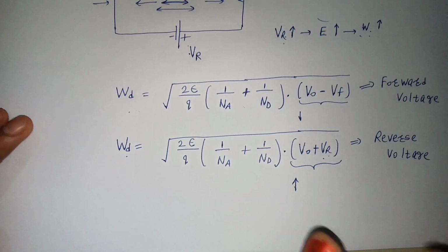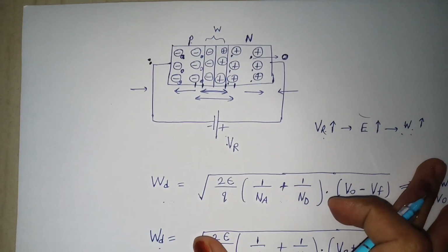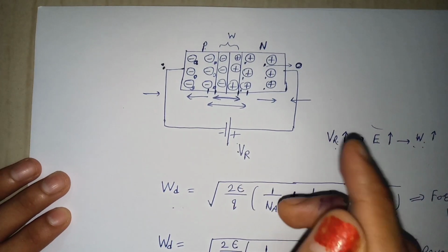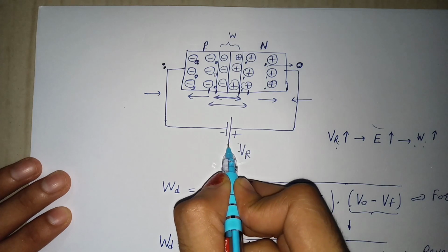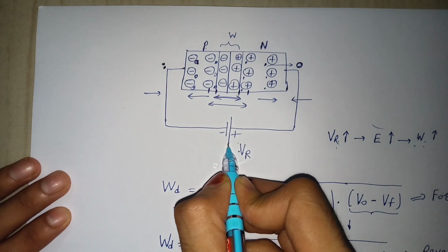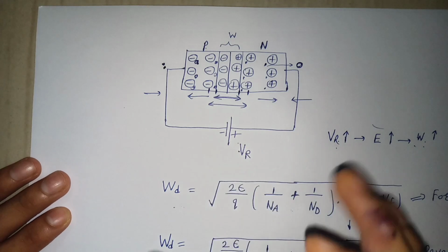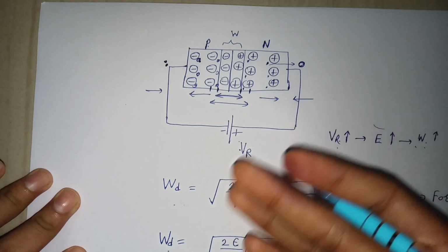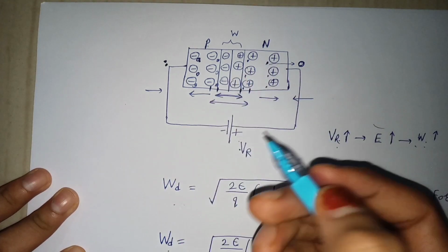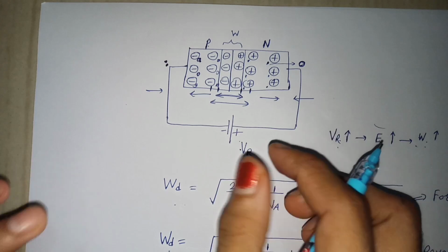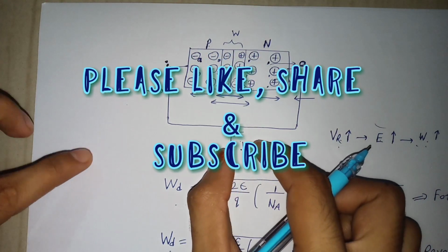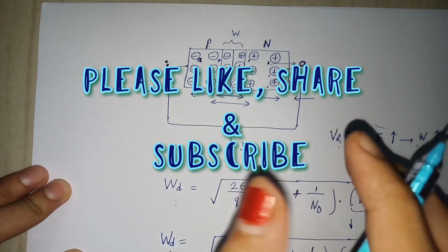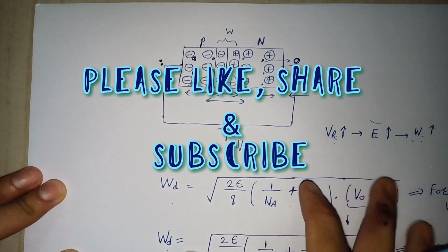Also, what is meant by breakdown voltage? Last topic. If for a particular value of Vr voltage, the junction breaks, it is called breakdown voltage. Vr increases up to which voltage it increases, the particular value of Vr voltage for which the junction breaks down is called breakdown voltage. Understand, please?